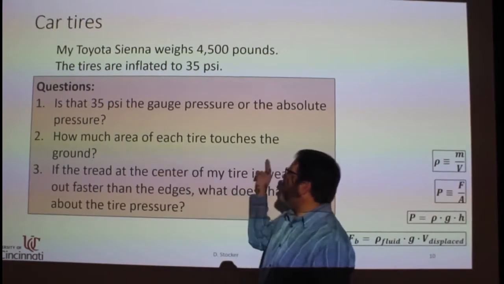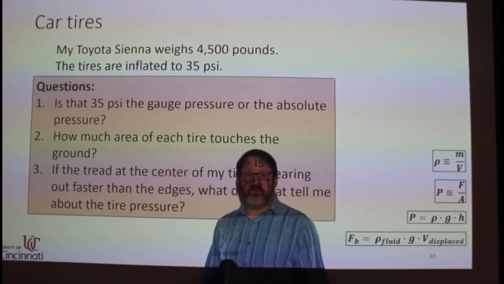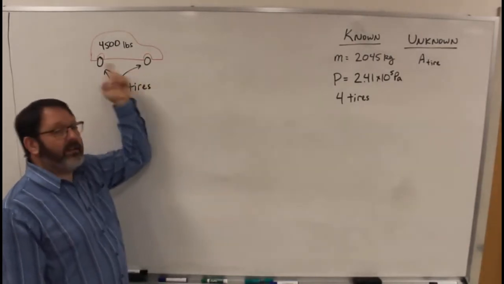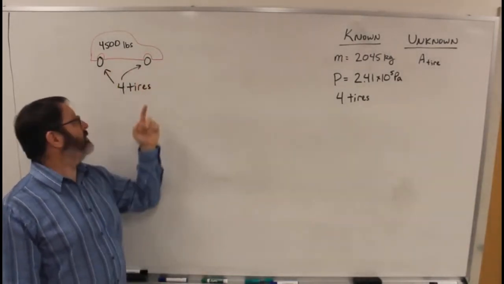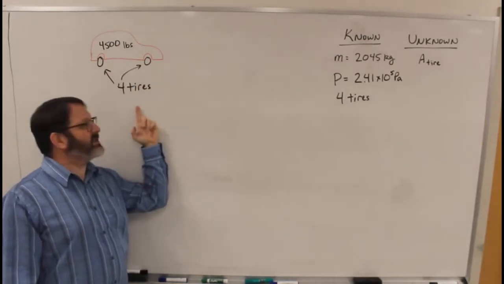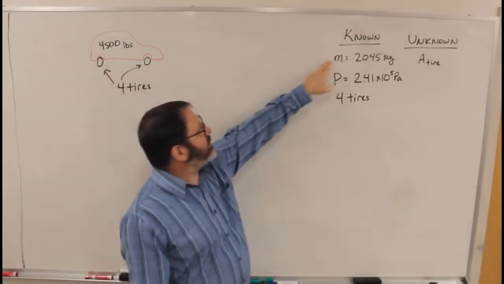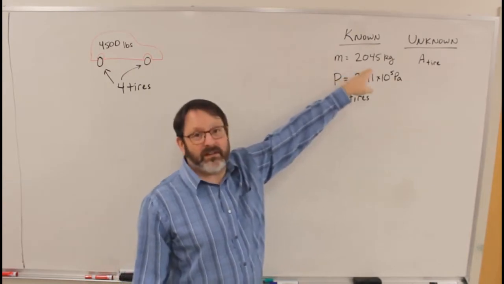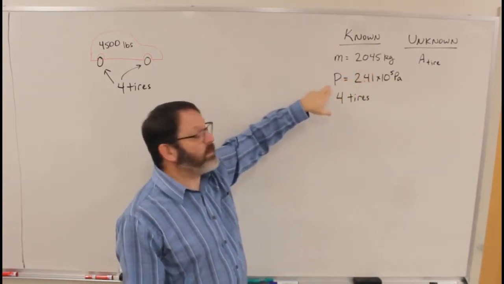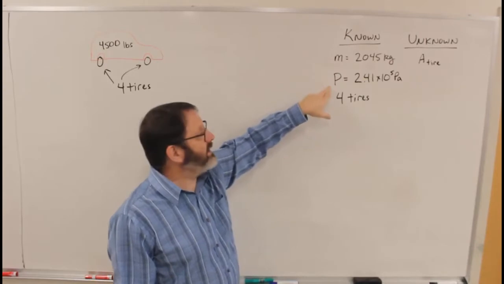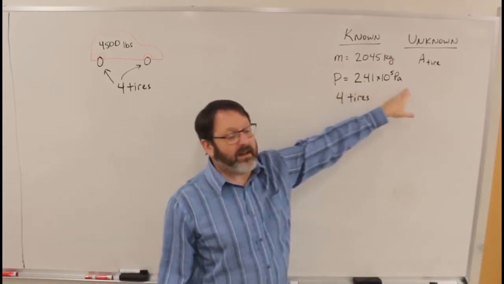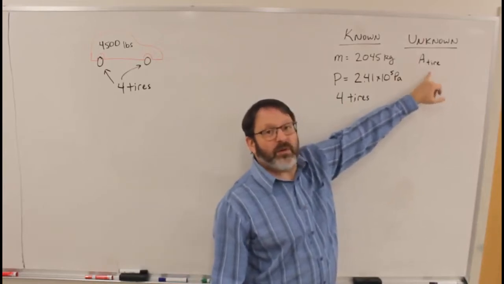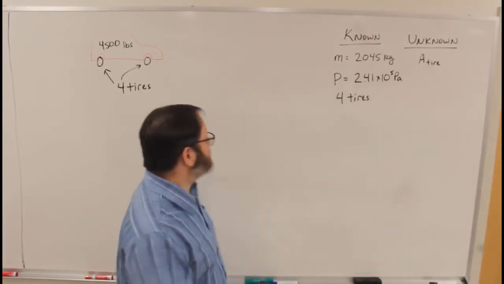Then how much area of each tire touches the ground? Okay, so I've drawn my Sienna here. In the view here you can only see 2 of the tires, so I made sure to write there are actually 4 of them. So we're given the weight of the car in pounds. I've already converted it to kilograms. And we were also given the pressure, 35 psi. I converted that to pascals as well. And noted that there are 4 tires, and we're looking for what the area is of each tire that's touching